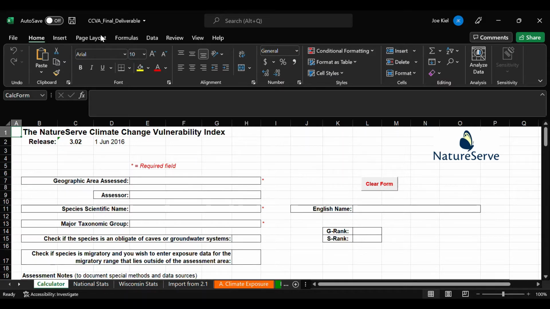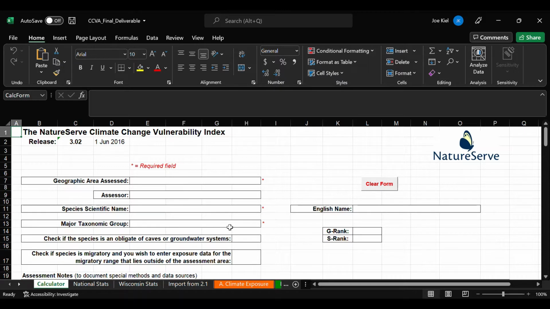I'm going to be adding to a NatureServe database, which you can see right here. In this case, it's just an Excel sheet. But it's going to rank the vulnerability of plant species to climate change, all the species that we end up inputting into this file. So basically, to arrive at a ranking,